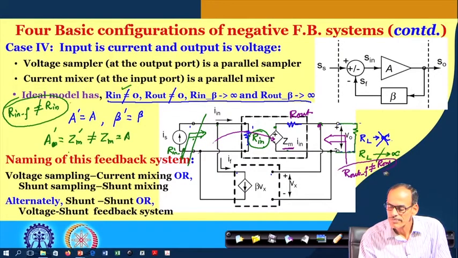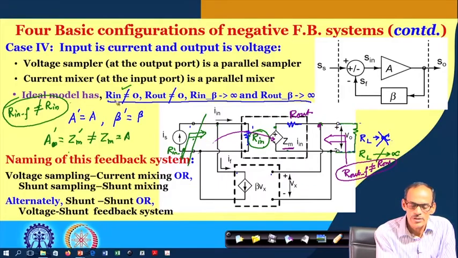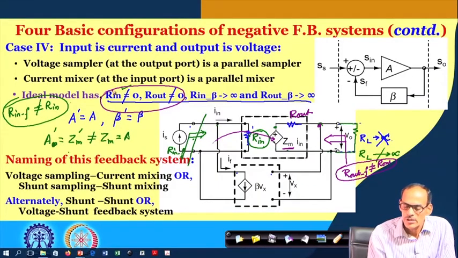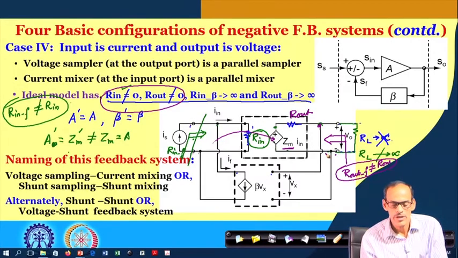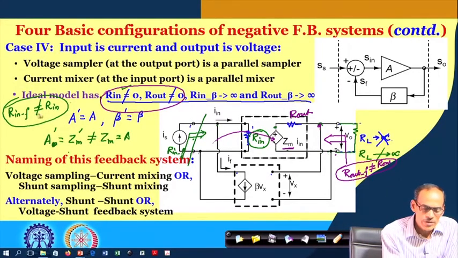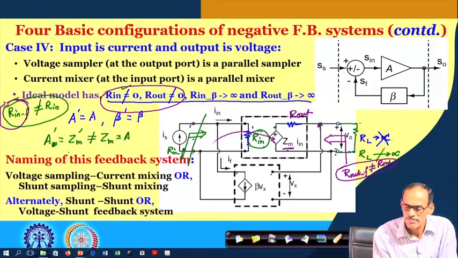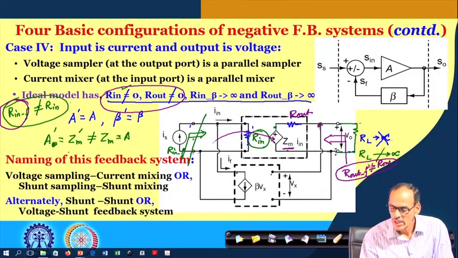In this practical situation, we will see that not only is the input to output gain A desensitized by a factor of 1 plus beta into A, but also the input resistance and output resistance of the feedback system